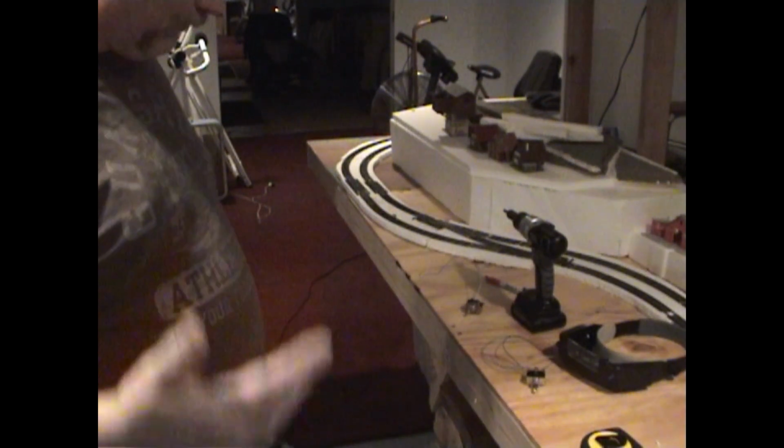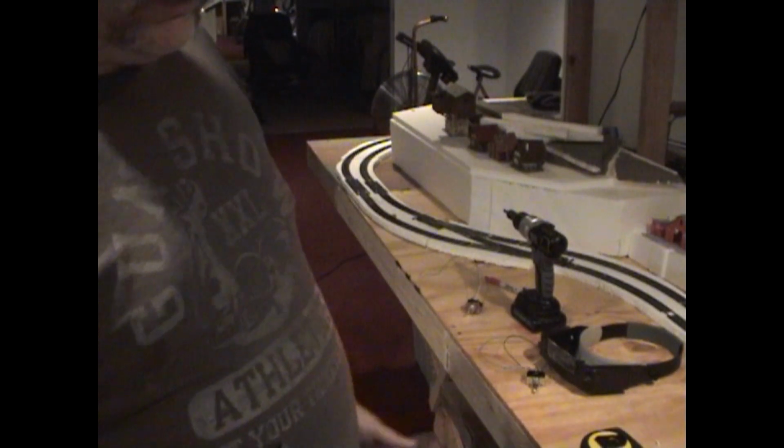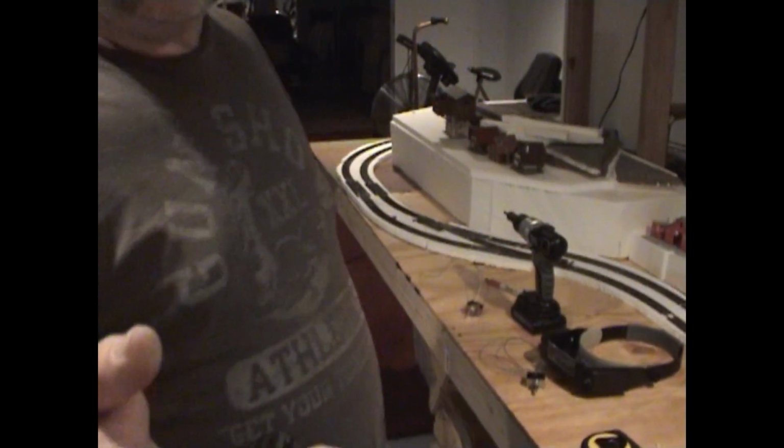So I'm kind of at an impasse with that. I was hoping maybe I could go ahead and get my blocks in so I could do some other things tonight, because I've actually got things set up to do some switching. And I really can't do that if I don't have my blocks and dead tracks in place. So,